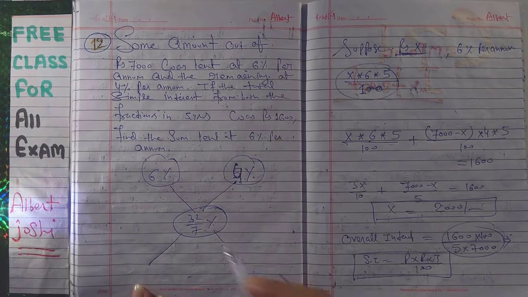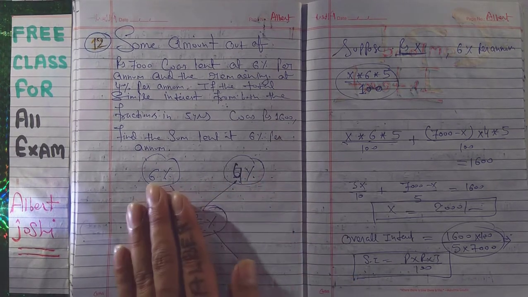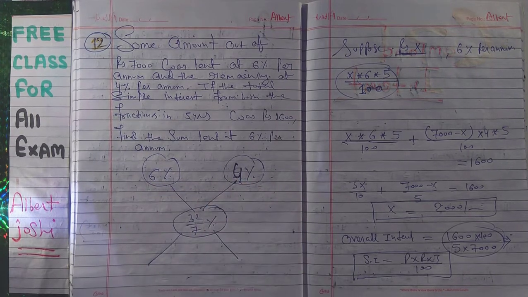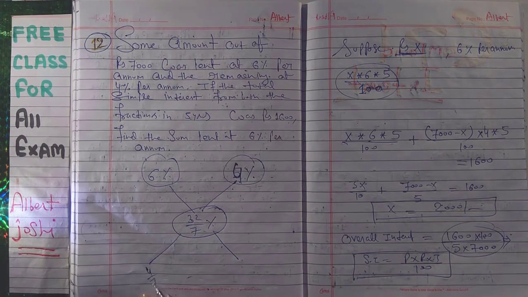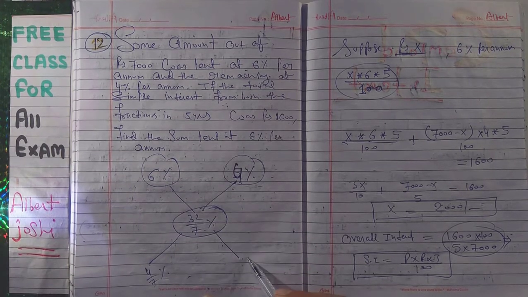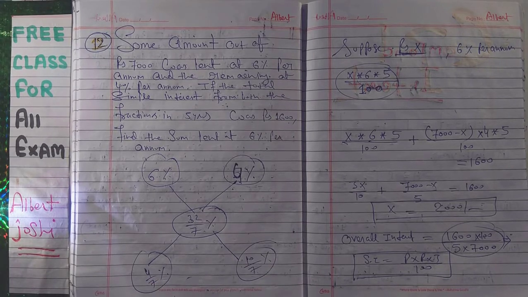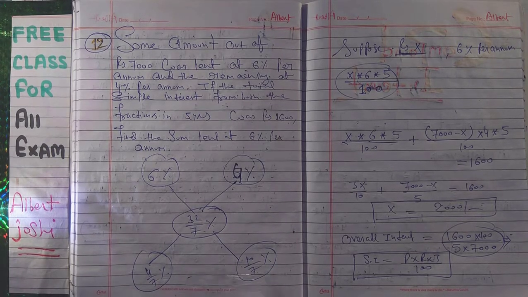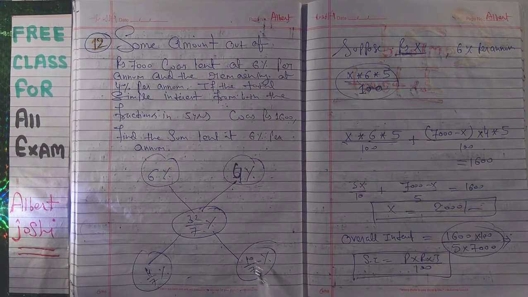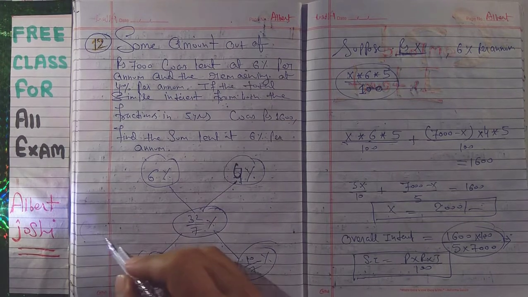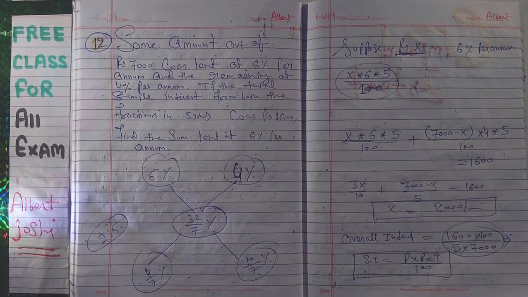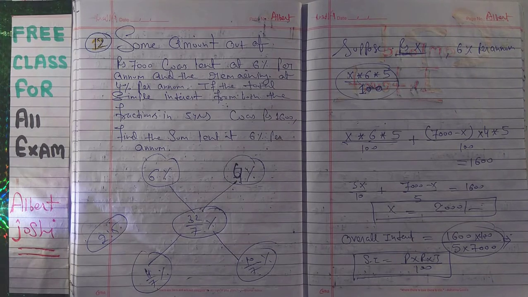So now what is the cheaper and what is the dearer? You know that is the big value, that is the small value. In this condition, if you subtract, you will get here 4 upon 7%, and here you will get 10 upon 7%. That is the ratio actually: 4 upon 7, 10 upon 7, 7 cancels, then you will get 2:5.